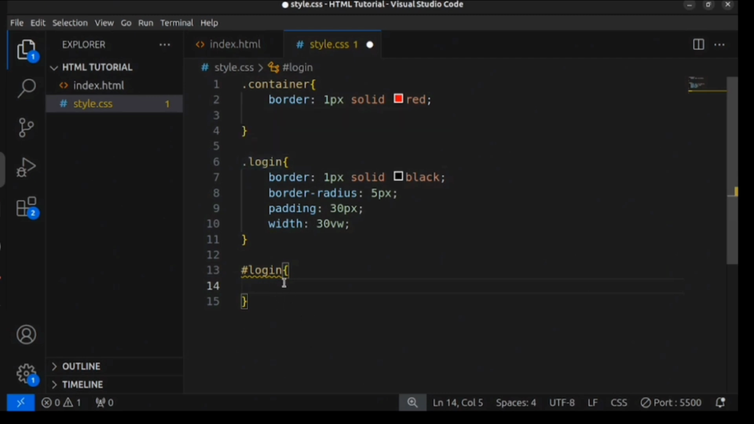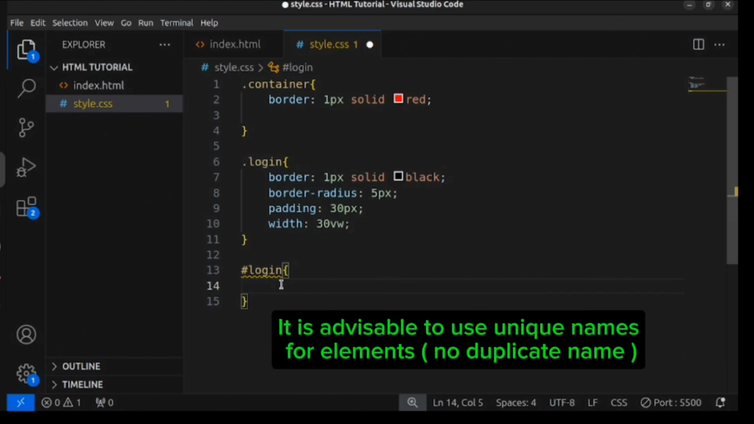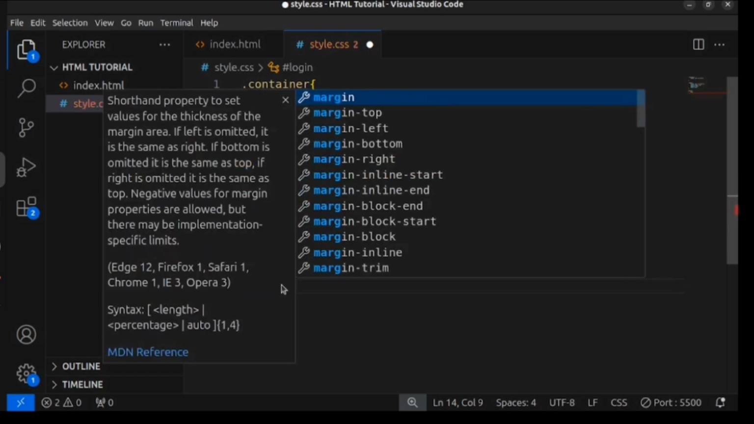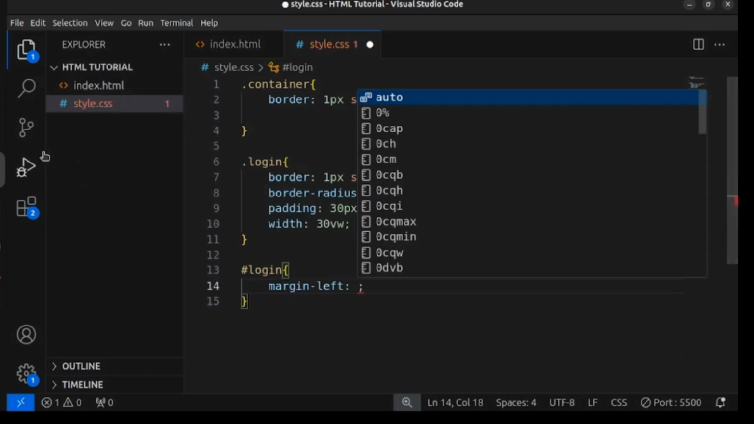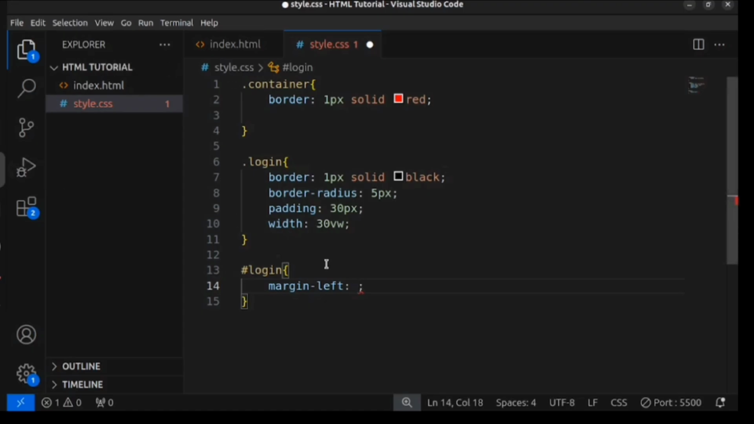So I talked about that in the CSS selector tutorial, so we'll just go back to the previous tutorial to get a bit of insight. I'm going to give it a margin. I'm going to give it a margin left. So margin left, I want it to come from the left over to here. So a margin left of 100px,